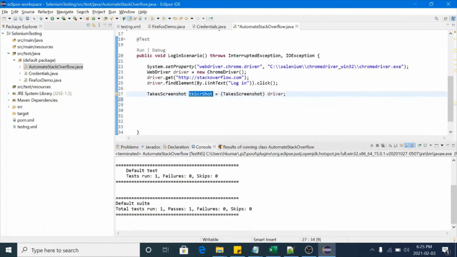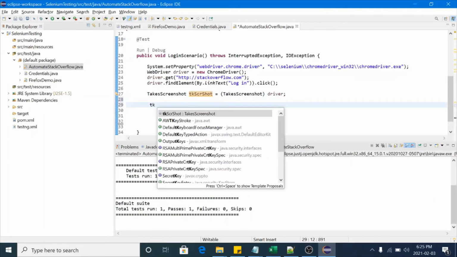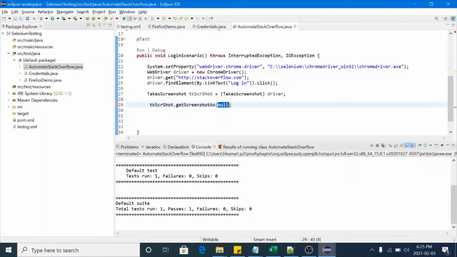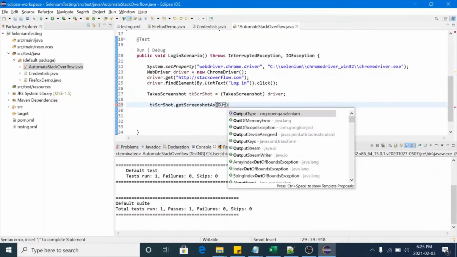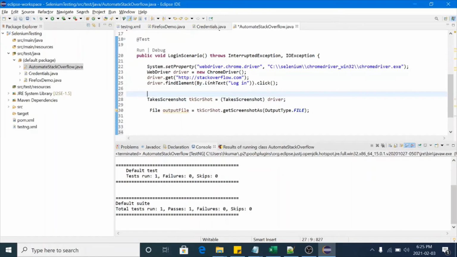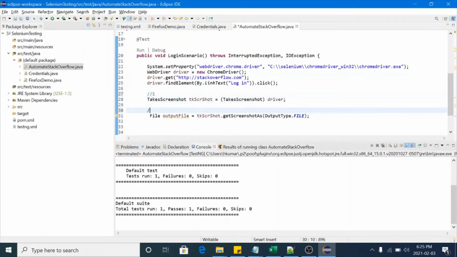So we need to use this object: screenshot.getScreenshotAs. Here you have to pass OutputType.FILE, and the output of this method is a file, so we need to create one file object here for the output. This is the first step and this is the second step.